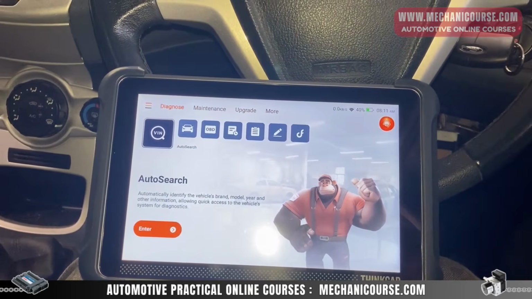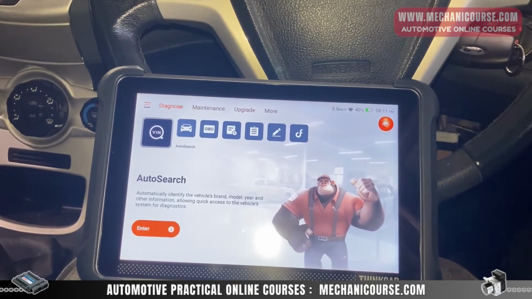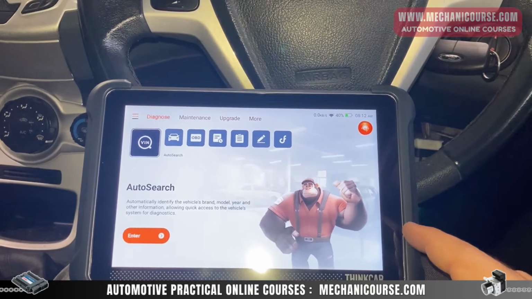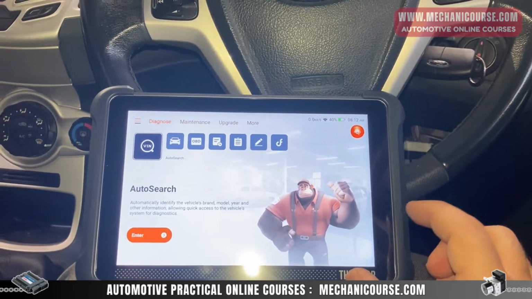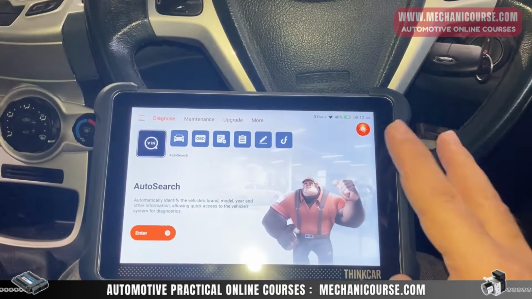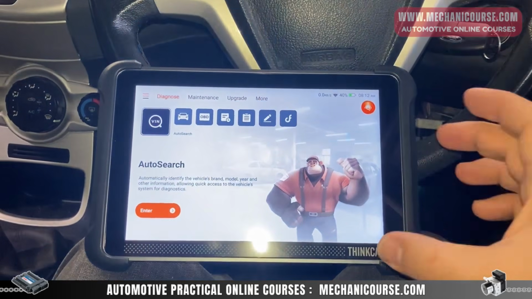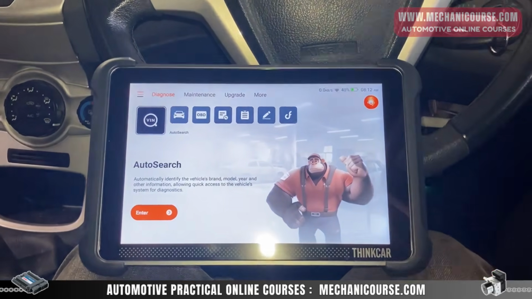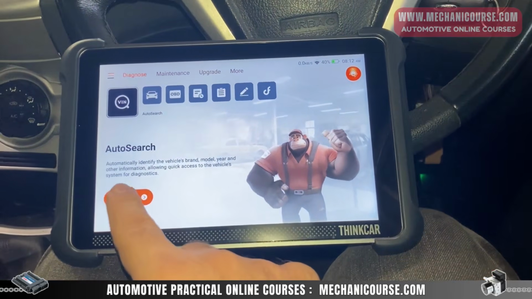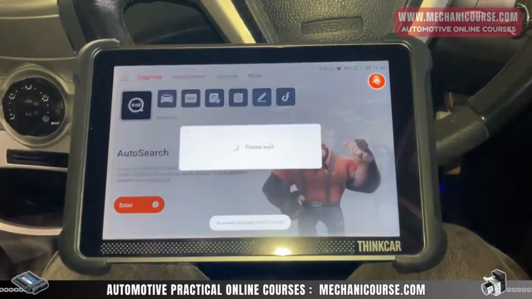And because communication is limited to a few control units, not to all of them, the issue for the no communication could be the CAN bus, because if anything happens to the CAN bus, those control units which are communicating together and to a scan tool through the CAN bus cannot respond any further, and we're not going to have communication anymore. For example, if I show you the auto search right now,